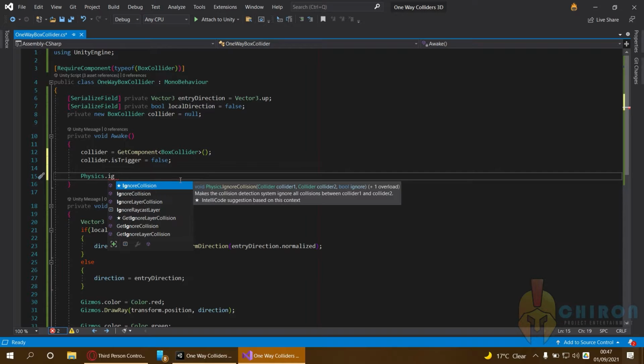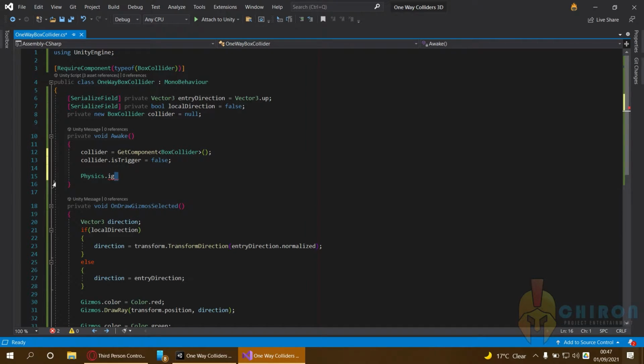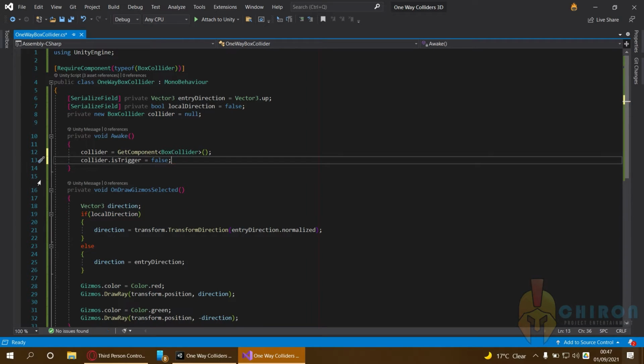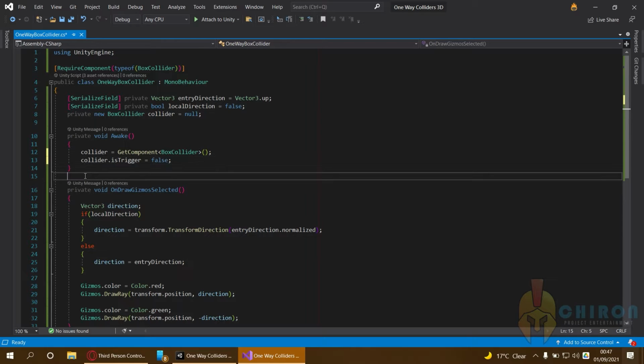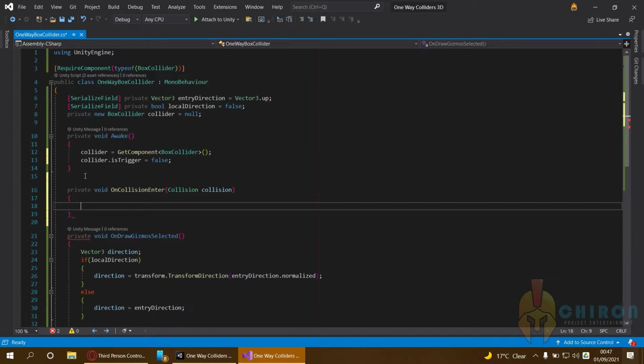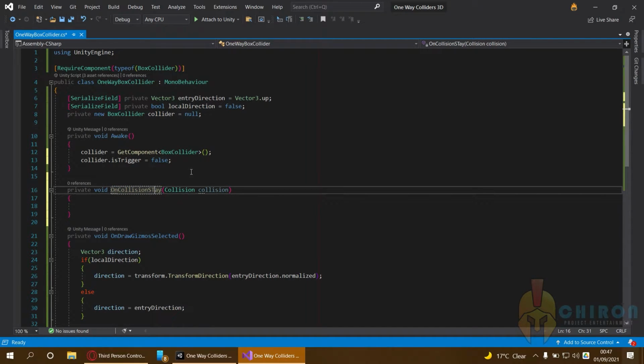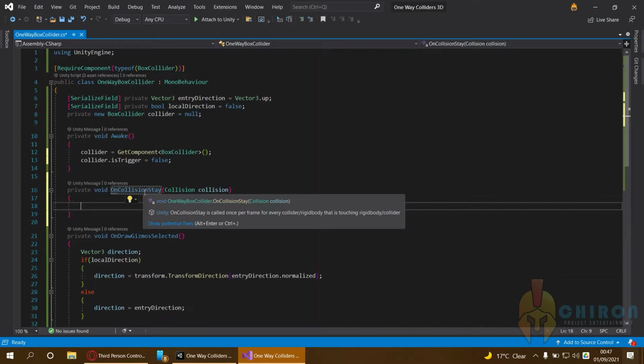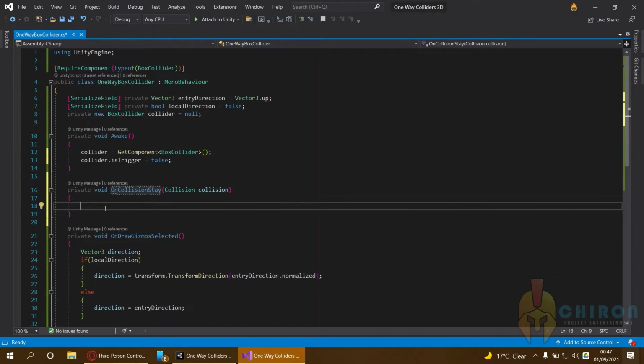So now how exactly do we do ignore collision? Well, we have to keep in mind, ignore collision will make it so that they no longer detect any collision between the two. So if, for example, you have the OnCollisionEnter method here, or OnCollisionStay, depending on what you're aiming for, this one will no longer be called when two objects ignore each other's collision. So we have to make sure that